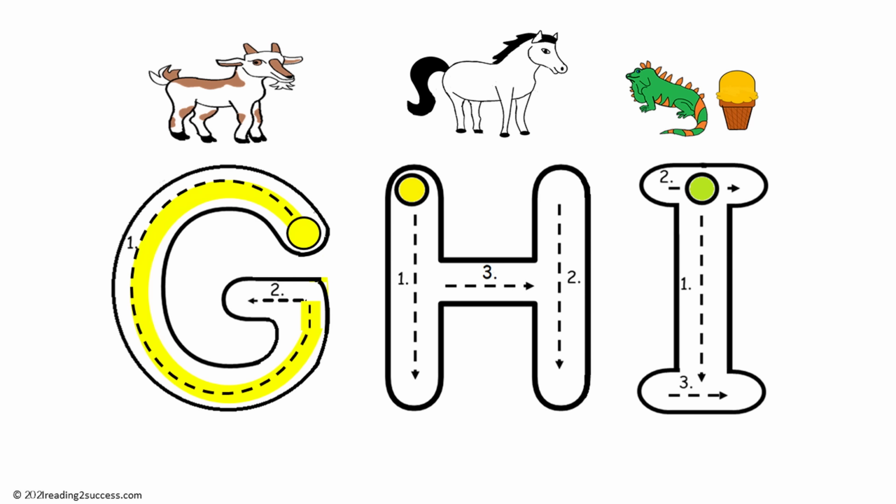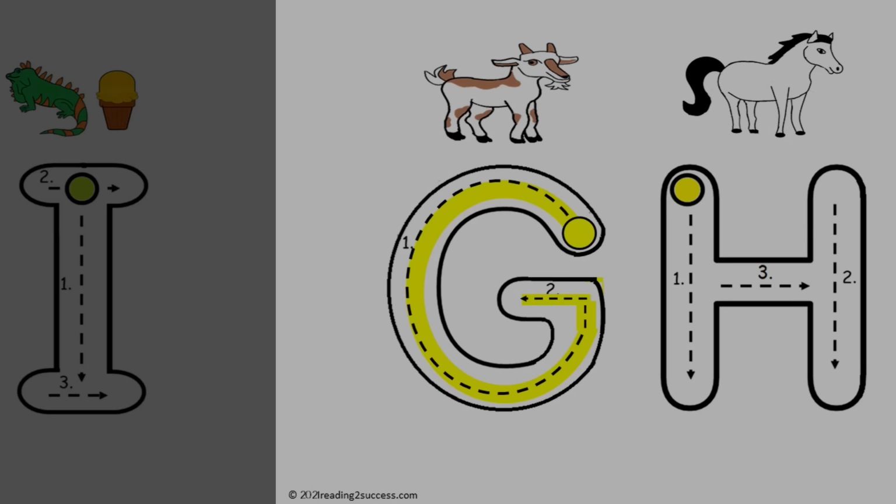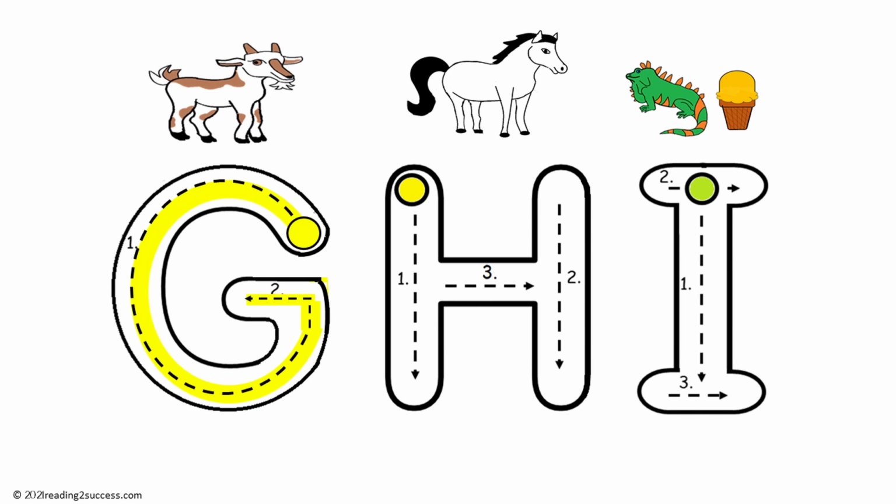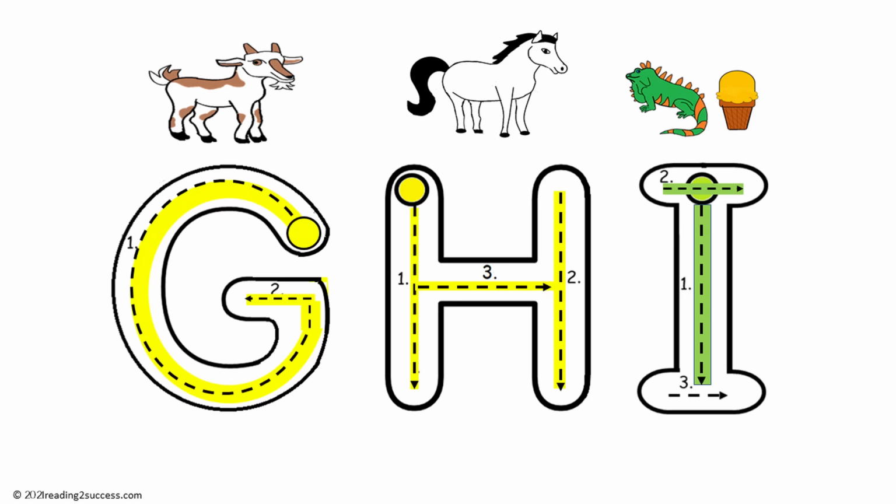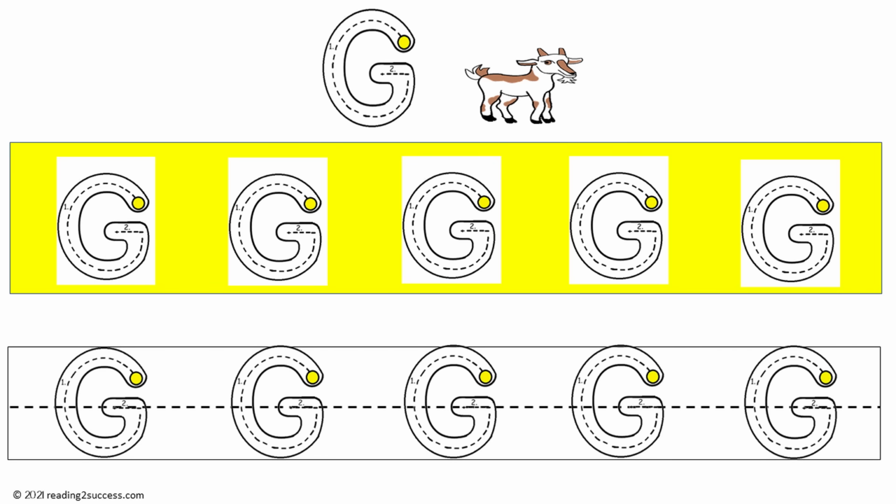The letter G has 2 parts, 1 and 2. The letter H has 3 parts, 1, 2, and 3. The letter I has 3 parts, 1, 2, and 3. Now have kids complete the practice pages for the letter G